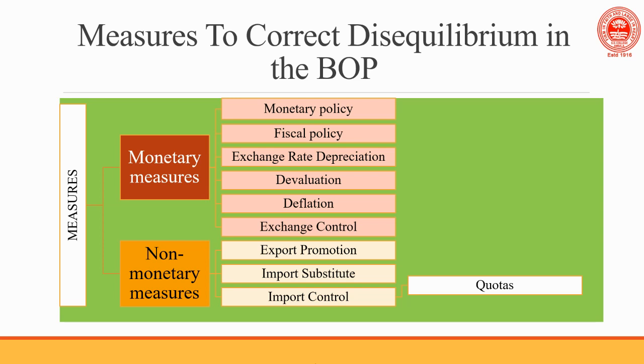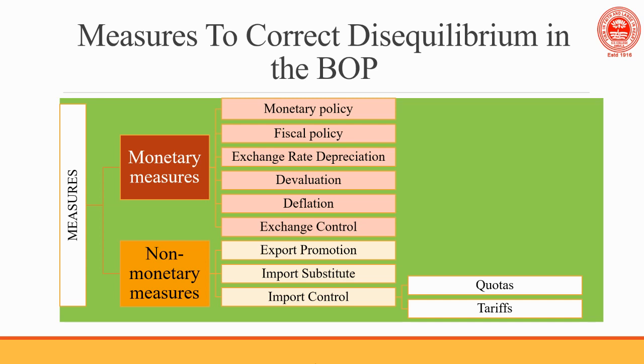Another mechanism of import control could be through tariffs. By tariffs, specifically any kind of duties or taxes, can be imposed on the imports. When the tariffs are imposed, the prices of the imports would increase to the extent of the tariff, and the increased prices will lead to a reduction in the demand for the imported goods, and it will help in the correction of the disequilibrium in the balance of payments.